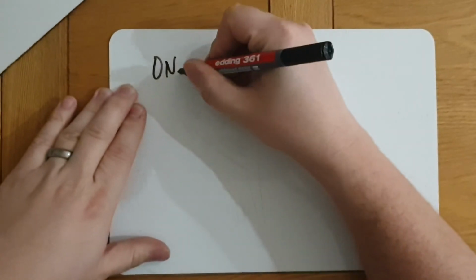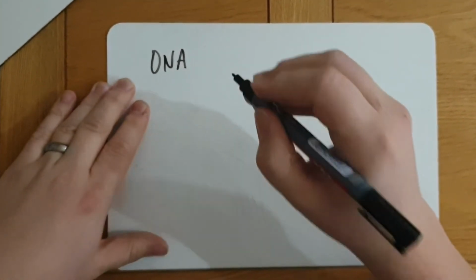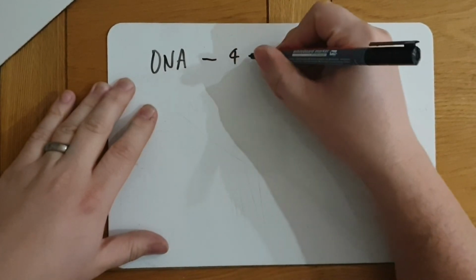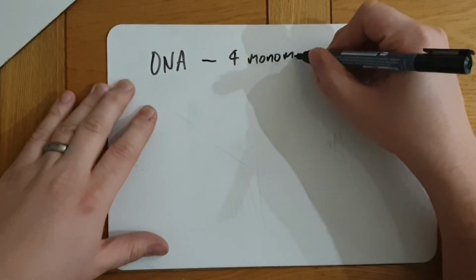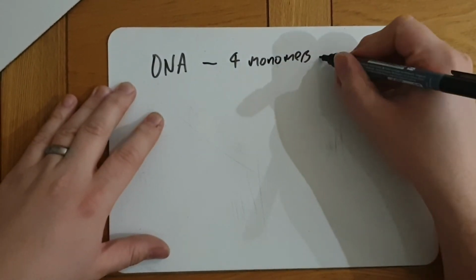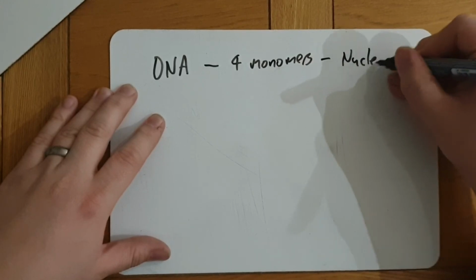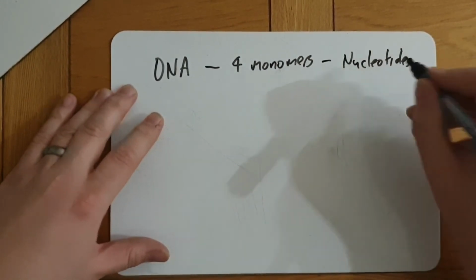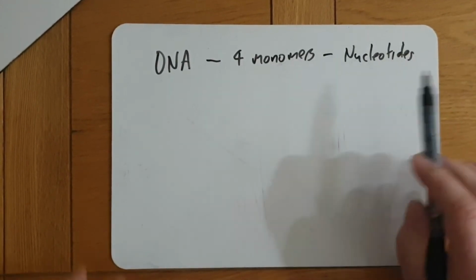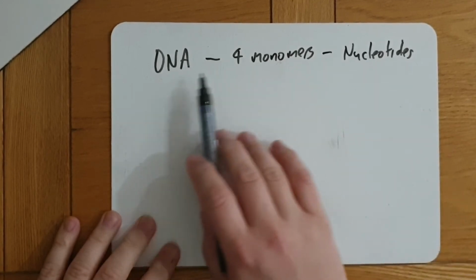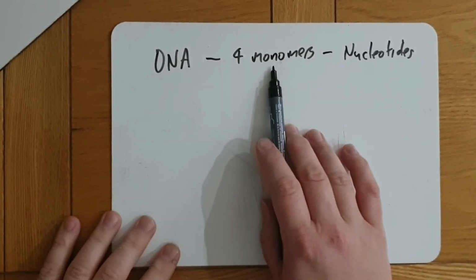And then final part for today, there's just a couple of other polymers that you need to know about. So you've learned about this one in biology, DNA. DNA is a polymer, and it's made from 4 types of monomers, not just 4, because they repeat a lot, right? Those monomers are nucleotides. For chemistry, you don't need to know the name of them. For biology, you've probably learnt them: adenine, thymine, cytosine and guanine, ATCG. But all you need to know for chemistry is DNA is a polymer made of 4 monomers, and the monomers